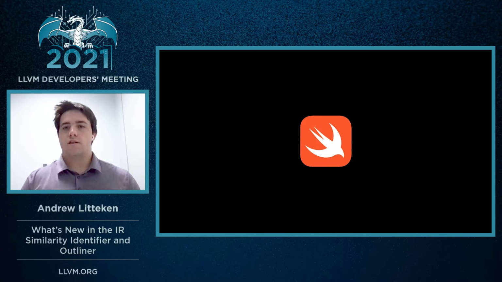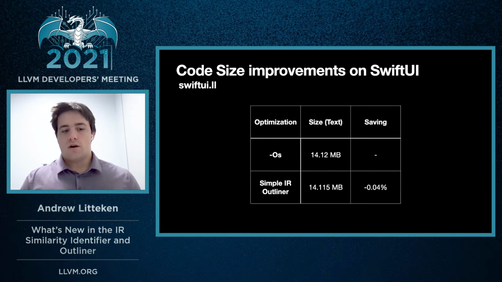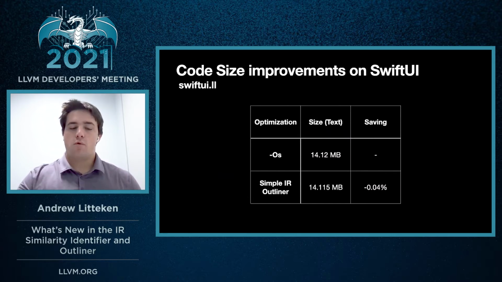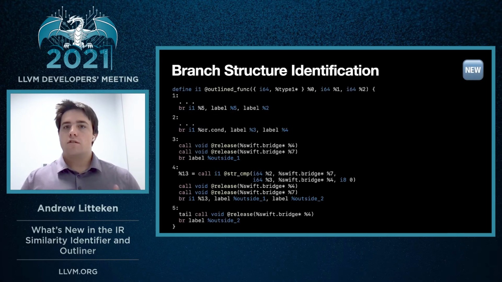So in exploring what to do next with the outliner, we looked at Swift to examine more complexly generated IR. We used SwiftUI, a UI framework written in Swift, to track the progress of the optimization. With a simple outliner, we are only able to reduce the code size by 0.04%. One significant omission from the previous outliner were branching instructions, and this kept regions from being large enough to be outlined. So new this year is a scheme to add branches and phi nodes into the similarity scheme to make